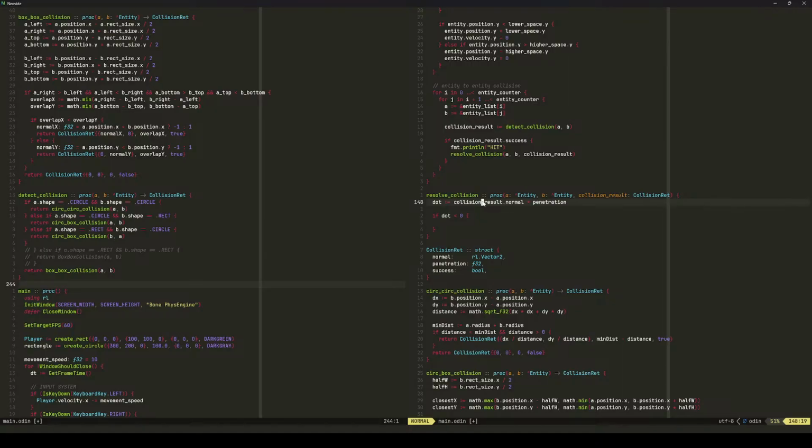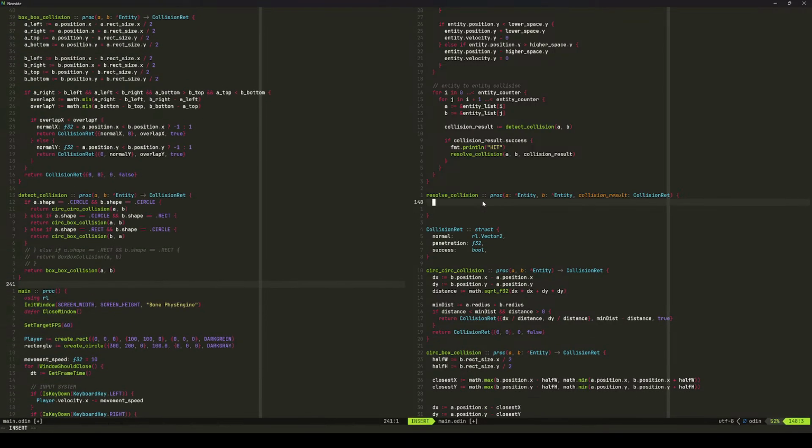Oh, yes. This is wrong. This is wrong. Oh, this should be... New way. No, no. Let's just add it here. This is the position dot x minus normal collision result